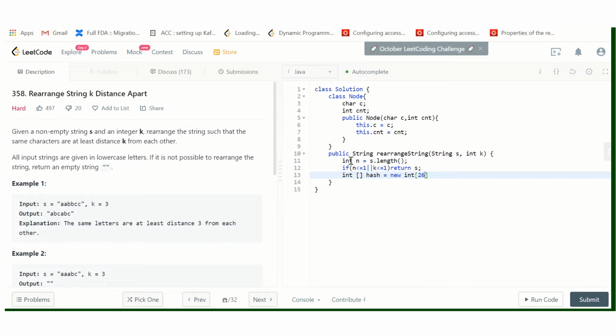Let's create a 26 character hash array. Okay, hash c. And next we create a comparator.